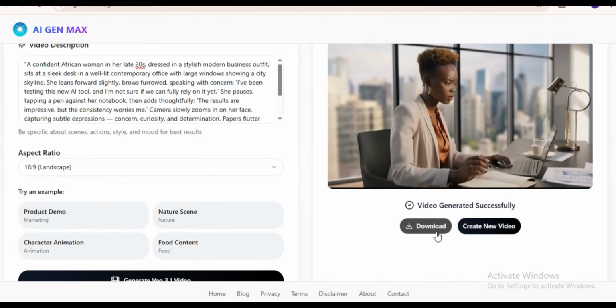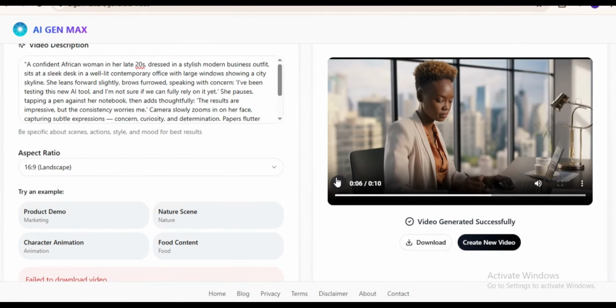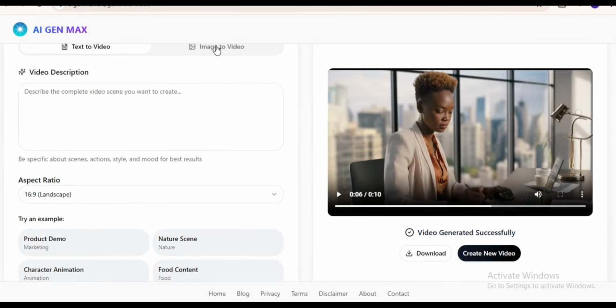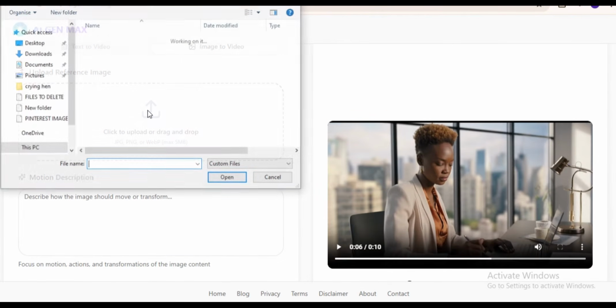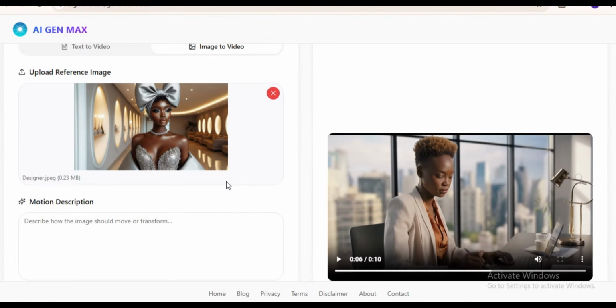Definitely something worth trying in your next project if you're exploring AI character animation. Image to video. Now, let's check image to video. I'll upload an image, type my prompt,